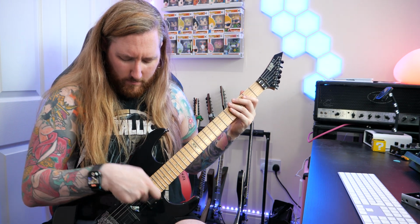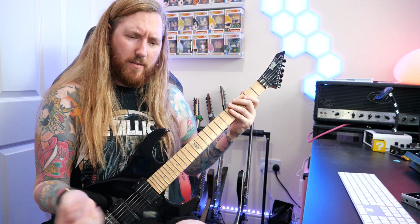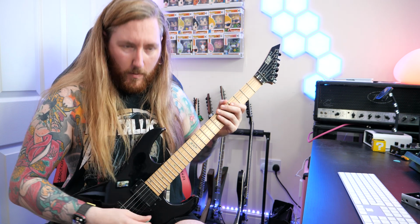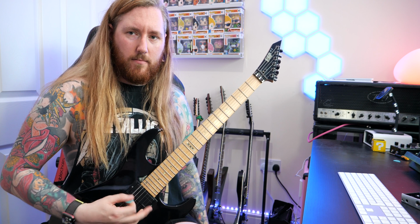So I always tend to attack it almost dead center in between the two pickups. If you've got a middle pickup, sometimes it's directly over it, which is why some people screw them down or take them out because it gets in the way. The way I practice a lot of that is, Master of Puppets does help, but even if you're just sat with one hand,